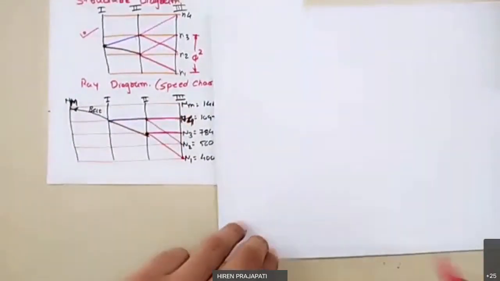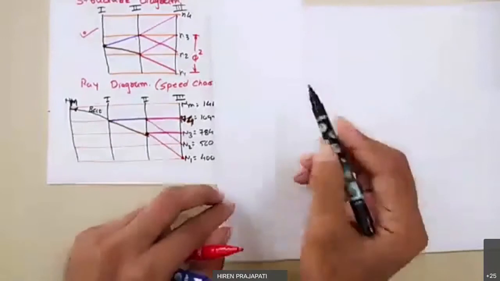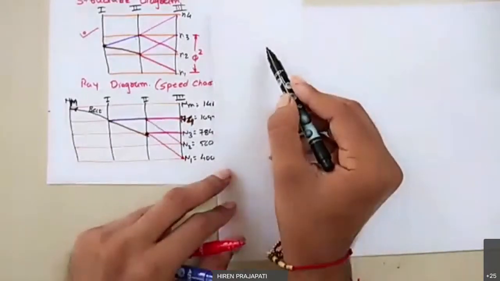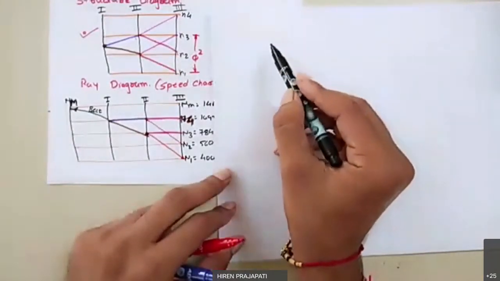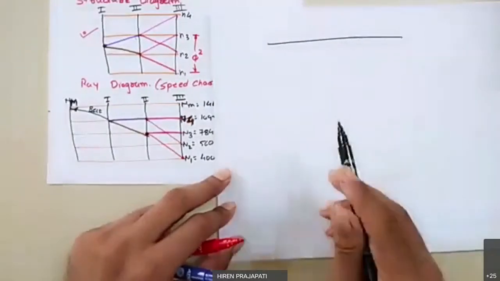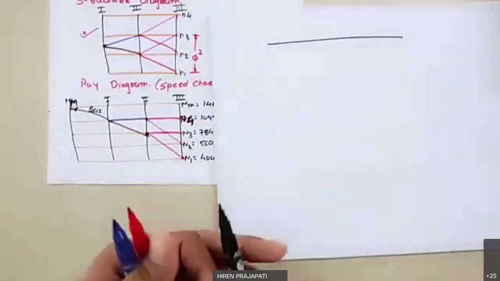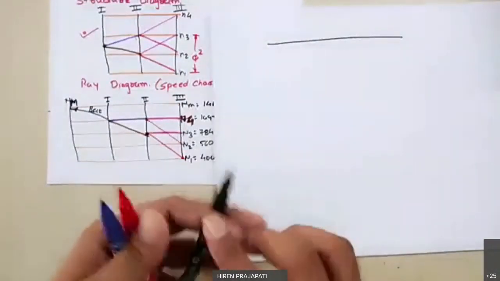And now I am drawing the gearbox layout. First of all, I need to indicate the input shaft. So this is, suppose, the input shaft. On this input shaft,